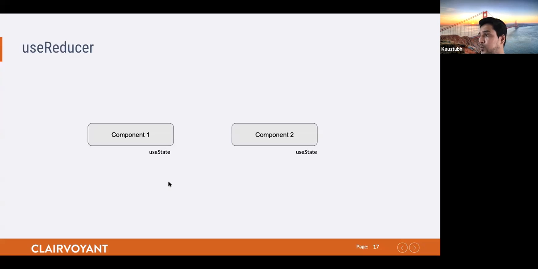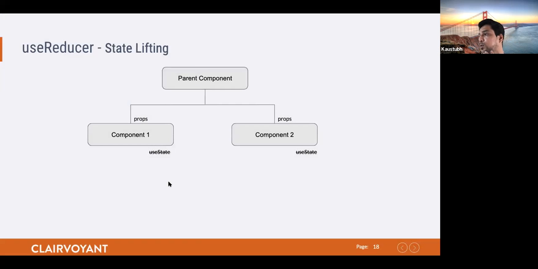In a web page, two components, how do they communicate with each other using useState? There is no direct way, but if we were supposed to use useState, we would end up creating a new parent component which holds these two components together. This pattern is what we call lifting state up. Component 1 and component 2 don't own the state. They just pass it up to the parent and let the parent handle all the state manipulation and handler logic, and just get the updated state as a prop. Any prop changes, React is going to re-render. So this solves our first problem.